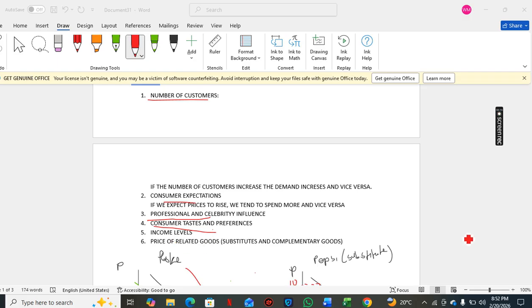And then finally, the price of substitute goods and price of complementary goods. Remember, for substitute goods, the price has a positive relationship with the demand of the good. Complementary good has a negative relationship with the